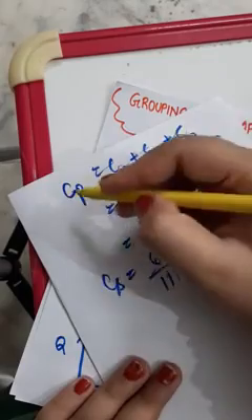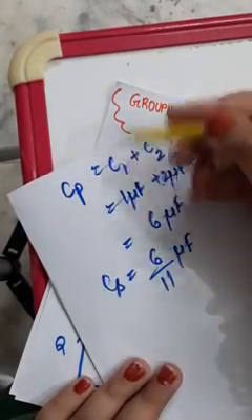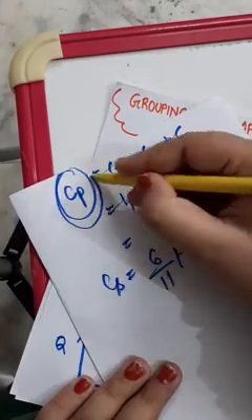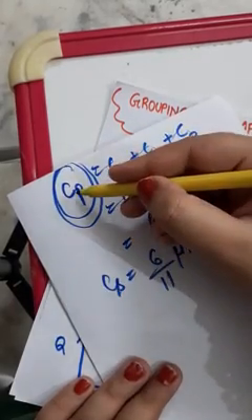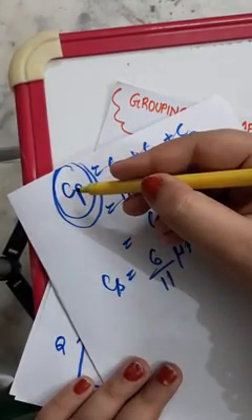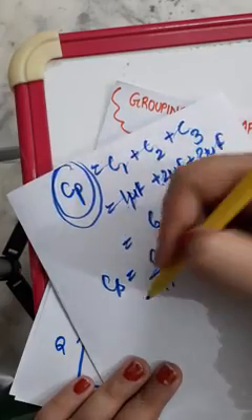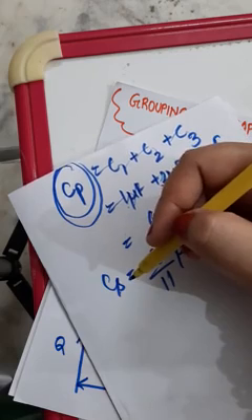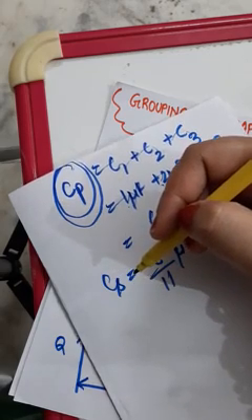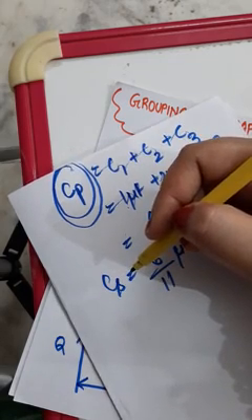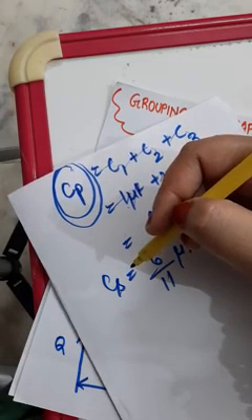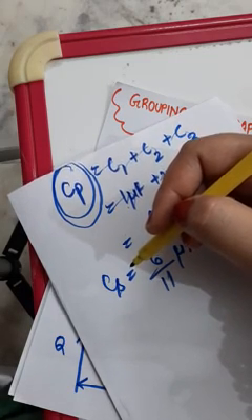Now they are asking us how many times the value of capacitance has increased when you connected the capacitors in a parallel combination. Okay, look, first you connected in series, so there will be some value of overall capacitance, but when you connect it in parallel, the capacitance increases. So tell us by how many times that capacitance has increased.